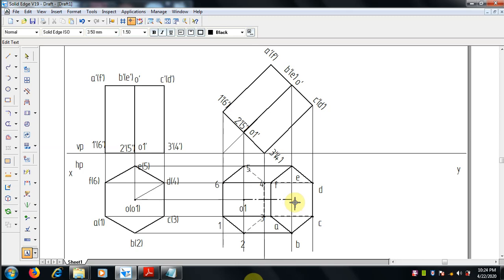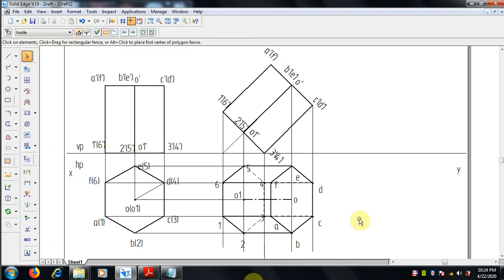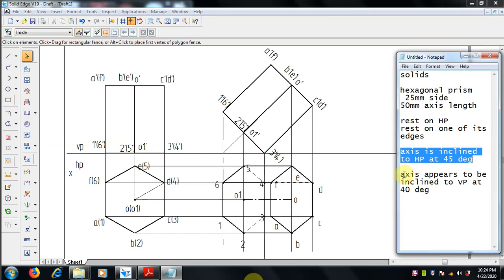So make O here, make O. This is O and this is O1. Okay. Now the top view is over.